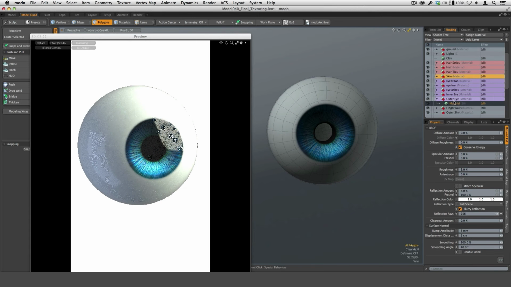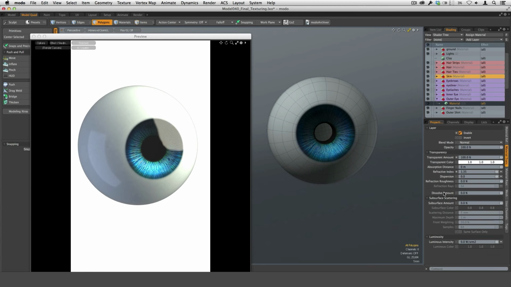So in the shader tree, go to the outer eye material assignment, and you can see that there's no diffuse amount. We have a roughness set pretty low of 5% and a reflection of 5%. 100% Fresnel. We have blurry reflections, and we also have the reflection rays pumped up from the default 64 up to 256. In material transitive properties, we have this, it's 100% transparent, and we have a little bit of refractive